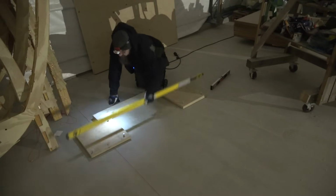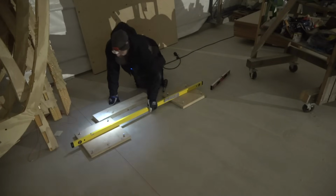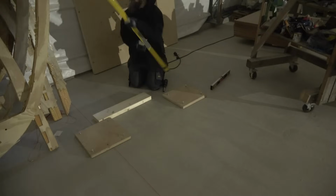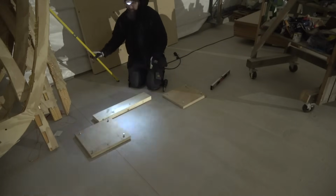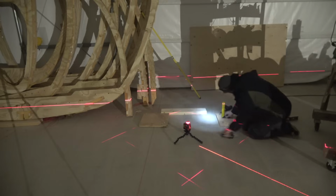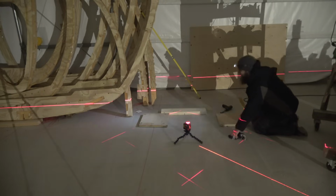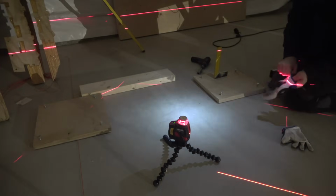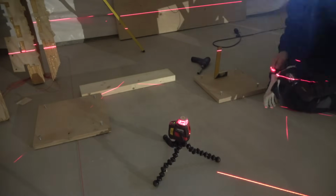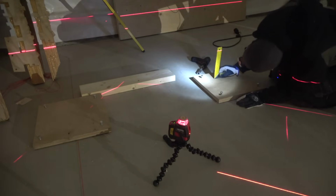But actually, I don't really trust this level completely. Yeah, it shows just a tiny bit differently on either side, so at this point I'm gonna grab the laser. All right, I have this laser level on this small camera tripod. Now I have this line here, and I can use the square to check every position, like so. The dark environment actually is pretty good when doing this laser work. It is pretty easy to see, actually very easy to see. So this is exactly